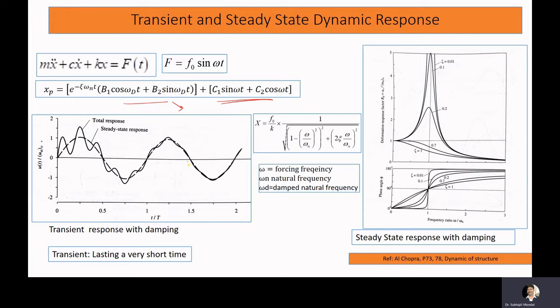Here you can see the part is C1 sin omega t and C2 sin omega t, where omega is the frequency of the forcing function. So in the steady state response, our system response becomes a function of the forcing function